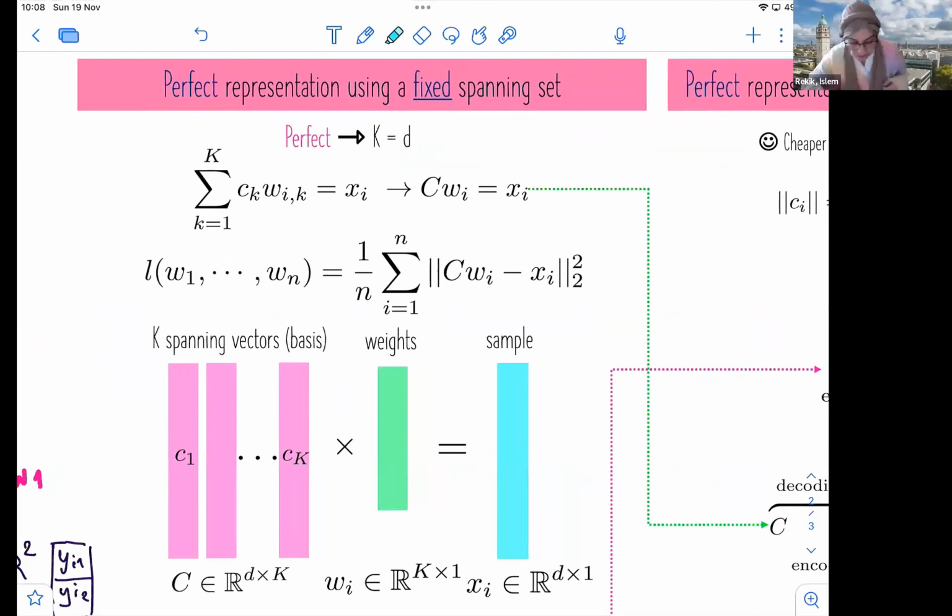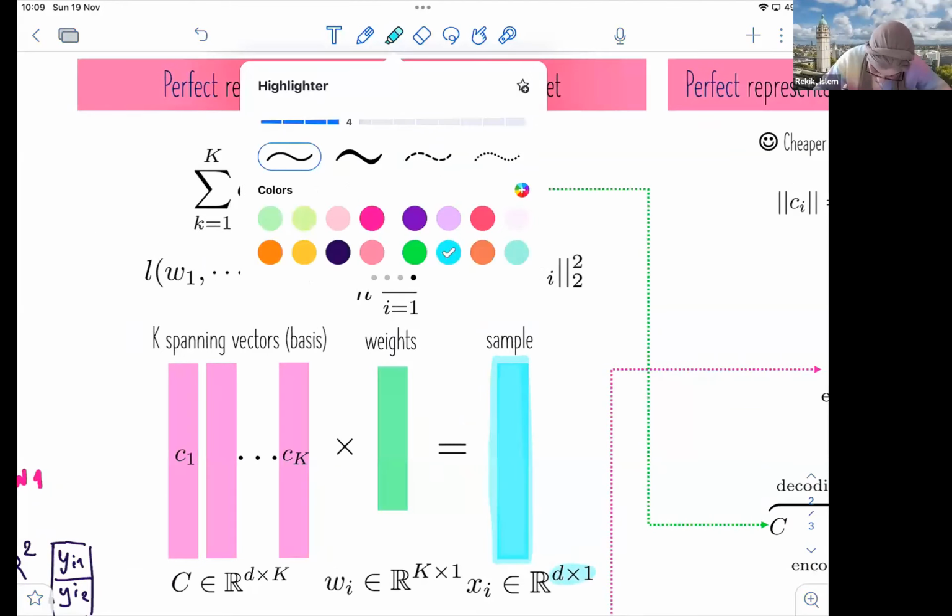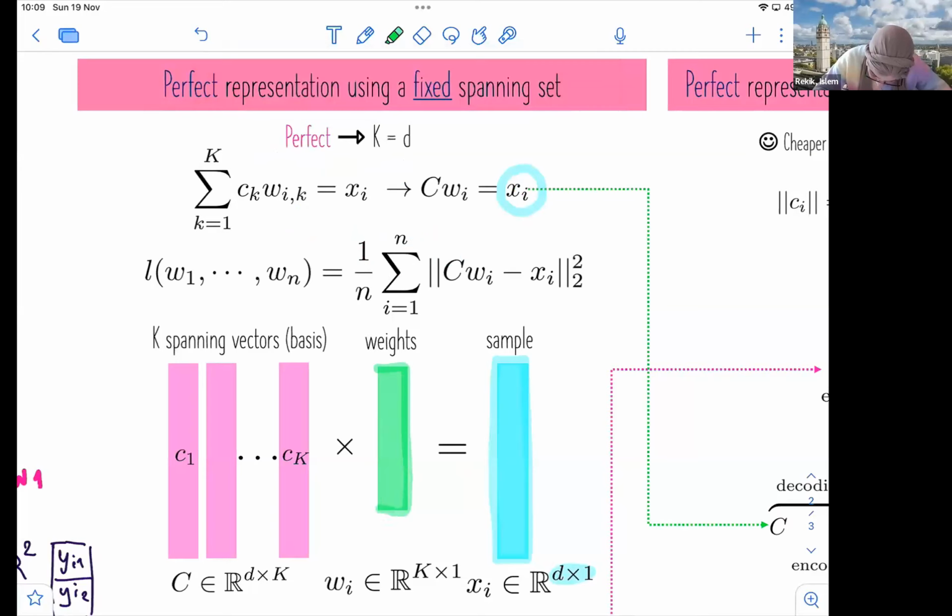representation. So basically, let's start from the beginning. We have each point xi, which is a sample right here. Xi is a d-dimensional sample in this case, we have d features. It will be represented using a weight vector that has k values. So these are the coordinates. If I write them down, these are the coordinates of my point xi. The coordinates where? In my subspace